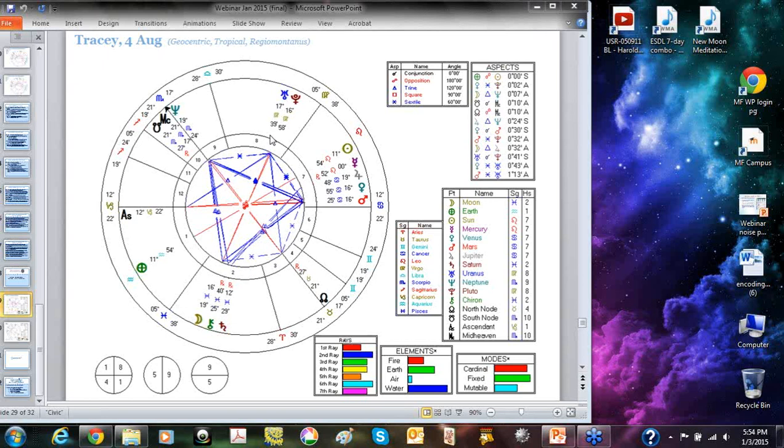So it allows for that transformation here for you. Okay? Yes. The other thing I want to point out is that we talked about interceptions. Look at that. Your Leo is intercepted. Well, then obviously it makes the opposite intercepted too. And your Sun is in Leo. So you did mention a number of times about stepping into yourself and that identity that you needed, that power that you needed to have that sense of self, the confidence that you needed. All of that is Leo, and it needed to find a way to come out of that intercepted closet that it's in, you see.